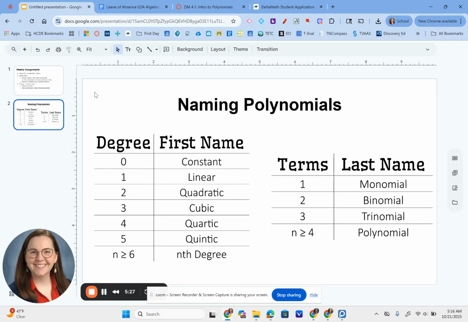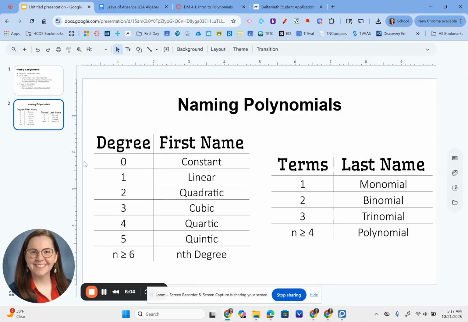I do want to include this. I think it's mentioned in the polynomial vocabulary video, but I did want to highlight this. This might be something you want to jot down in your notes, maybe at the beginning or whenever you get to it, about naming polynomials. We name them based on the degree. The degree is the largest exponent, and then the terms, so the number of terms in the problem. We use both of these to name a polynomial. So something could be a degree 2, so we call it quadratic, and it could be a binomial, so we'd say quadratic binomial, or we could have a cubic trinomial or a quintic monomial. We put those names together.